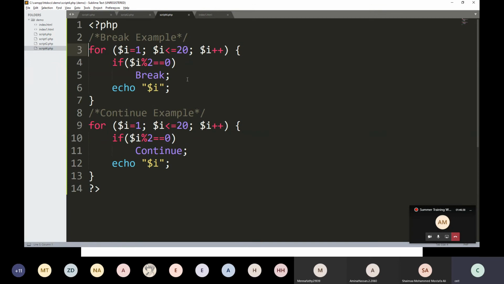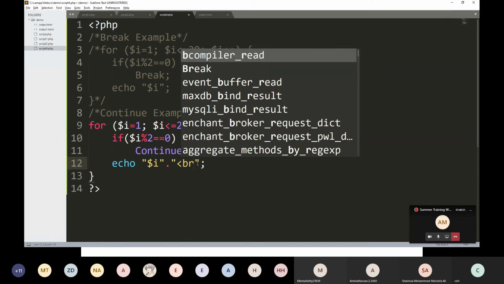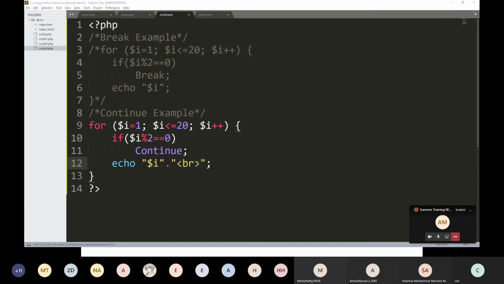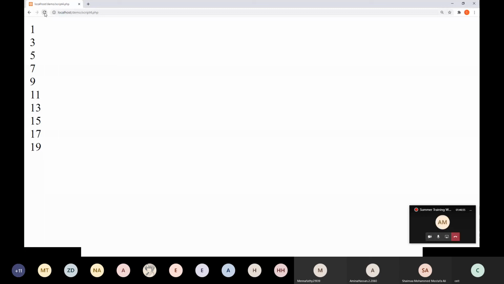I just make the break a comment line. See, it prints 1, 3, 5, 7, 9, 11, 13, 15, 17, 19.